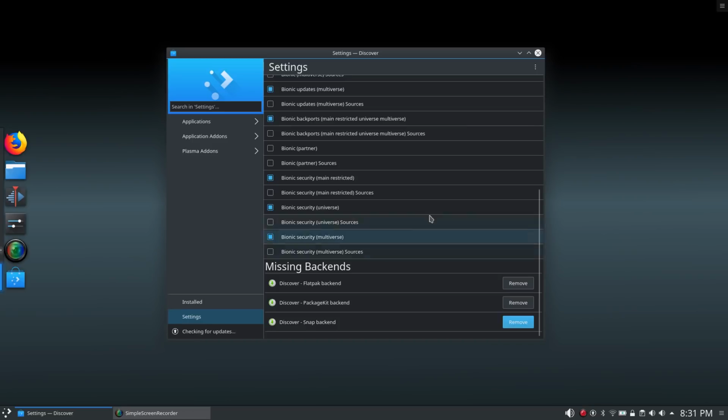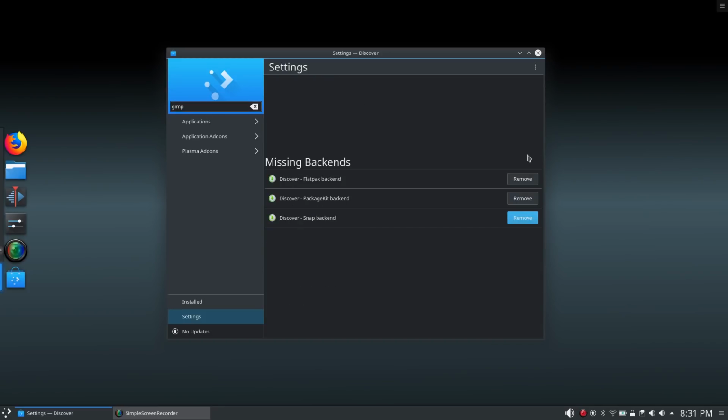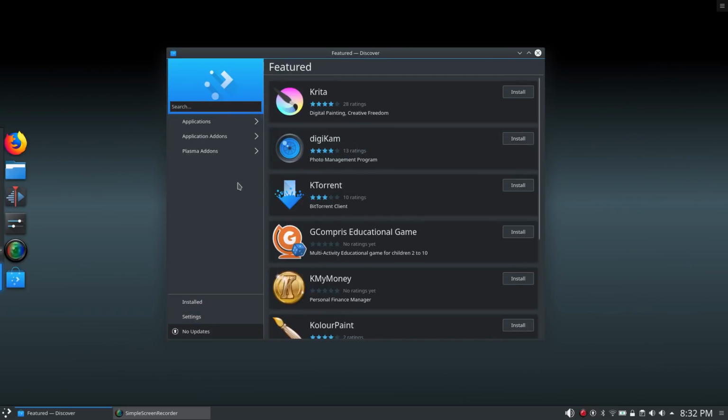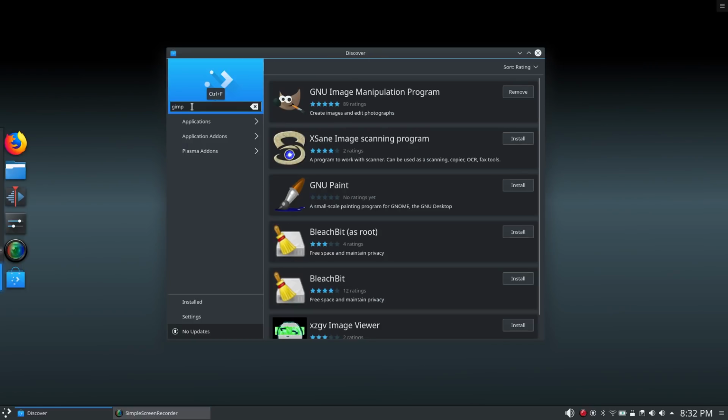Okay, so I have installed GIMP, so I'll do a search for GIMP again and see what comes up there. We need to go to applications, I think. Search in applications. Okay, so let's search for GIMP. Now I don't know whether we need to,